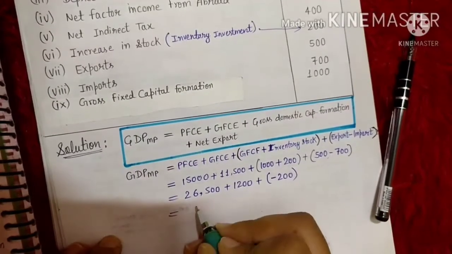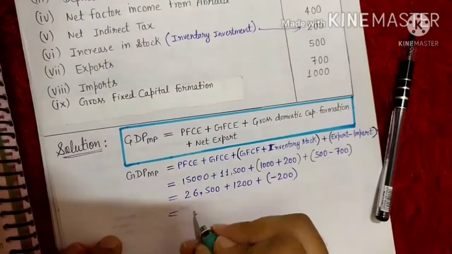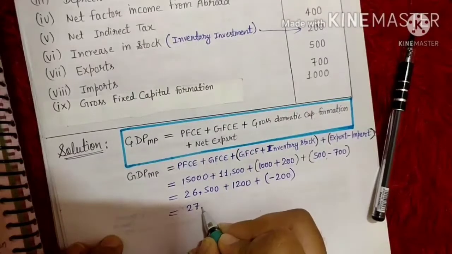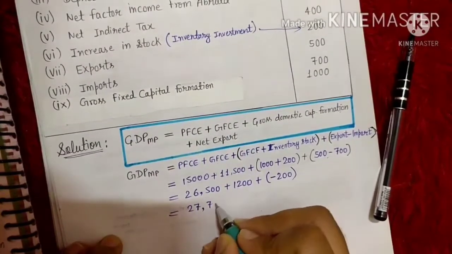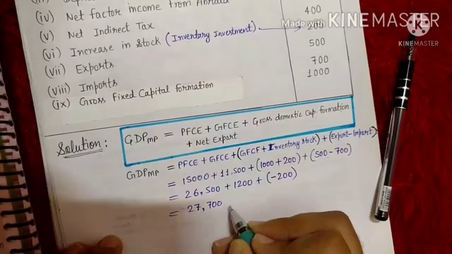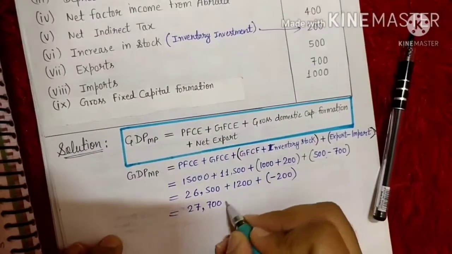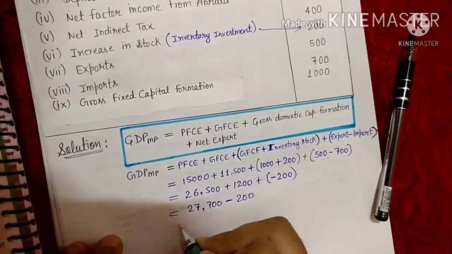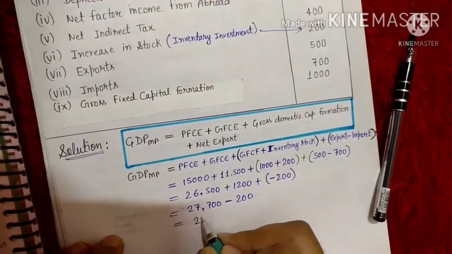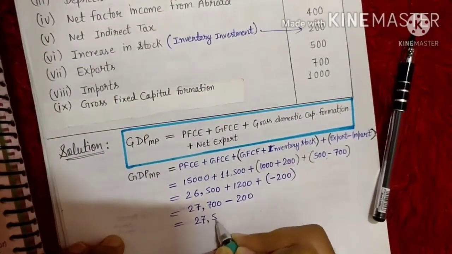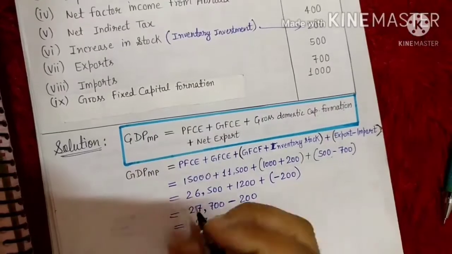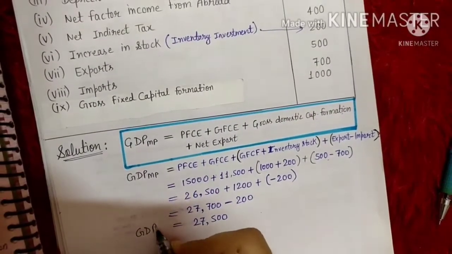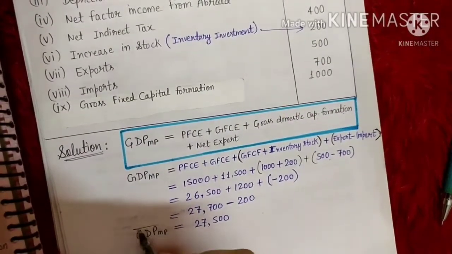Now 26,500 plus 1,200 comes to 27,700, and plus minus 200, if we subtract, it will come to 27,500. What is it? It is